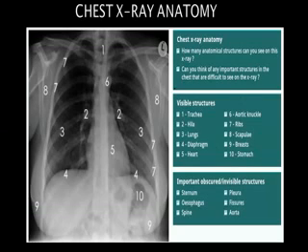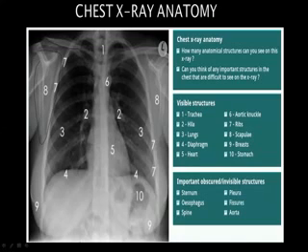So that is one thing. Now the normal structures which I'll show you. We usually try to identify from the center to the periphery. This is the central area, and this is the peripheral area. So systematically, from center to periphery, above downwards, or below upwards, we try to see the X-ray. So in this X-ray, we'll see from the beginning. First the exposure: this is a PA view, because you're seeing the clavicle not totally obscuring the lung, and the scapula is far away from the lung, not overlapping it. So these are 2 things which tell that this is a PA view.